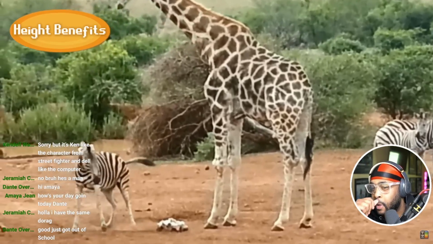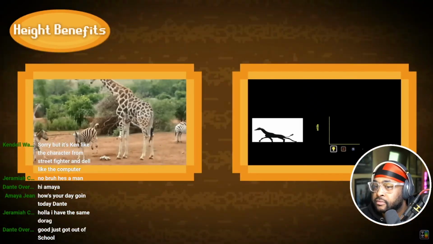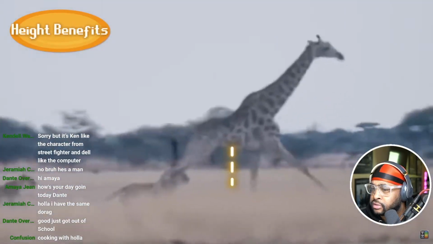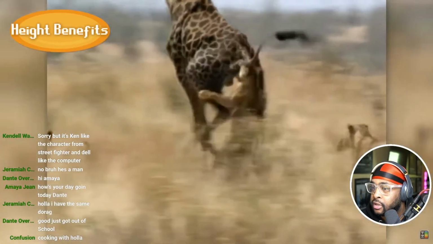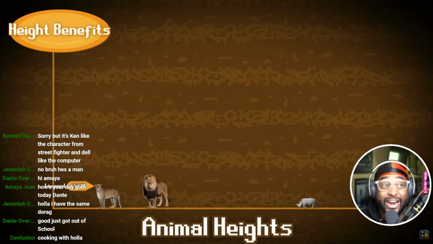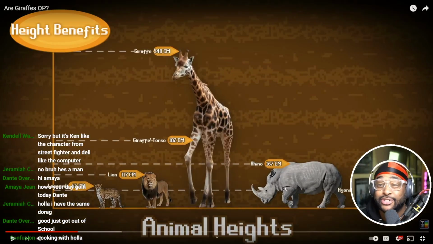The second main benefit granted to the giraffe via its height is a bonus to its defense. Because the giraffe's hurt box is elevated significantly off the ground, it's extremely difficult for most players to land a hit on the giraffe's vitals. In fact, for literally every relevant threat in the